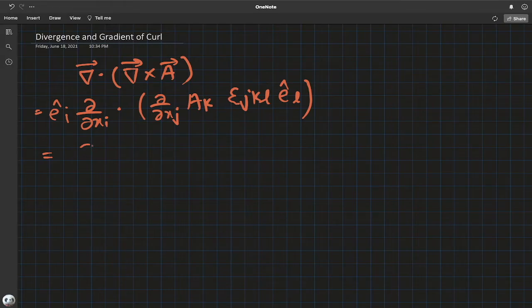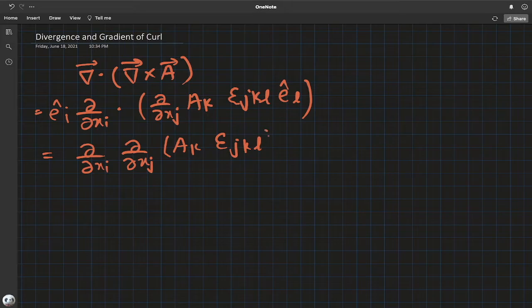We'll do the dot product. We get partial xi partial xj Ak epsilon jkl Kronecker delta il,